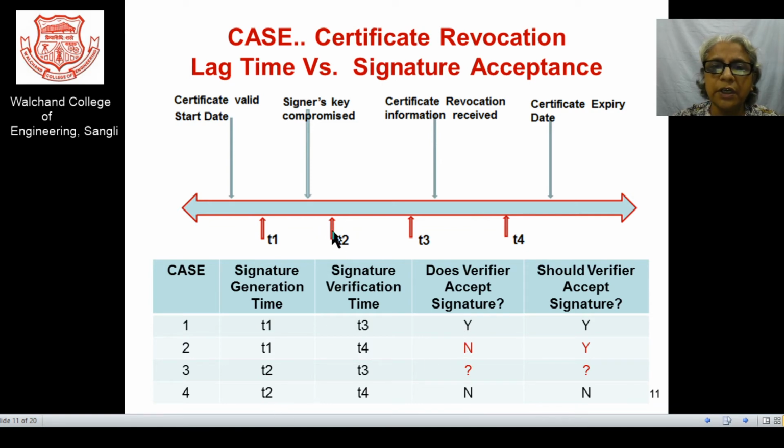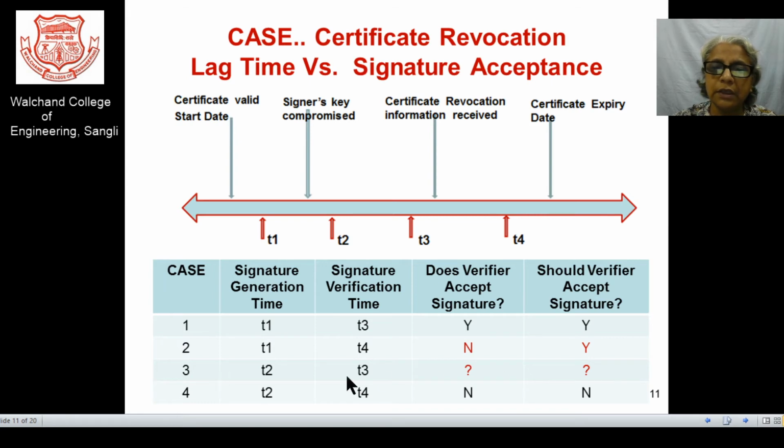So obviously, if T2 is the signature generation time, T4 is the signature verification time. In that case, definitely both the answers should be no and no, because T2 is the time where the signature is generated after compromising the particular key, and it is of course checked after the change of the revocation list. So it is the proper period, the correct time when the revocation list can be checked or addressed. So that answer is correct, there is no conflict. For the first case and for the third case, the conflict is not there.